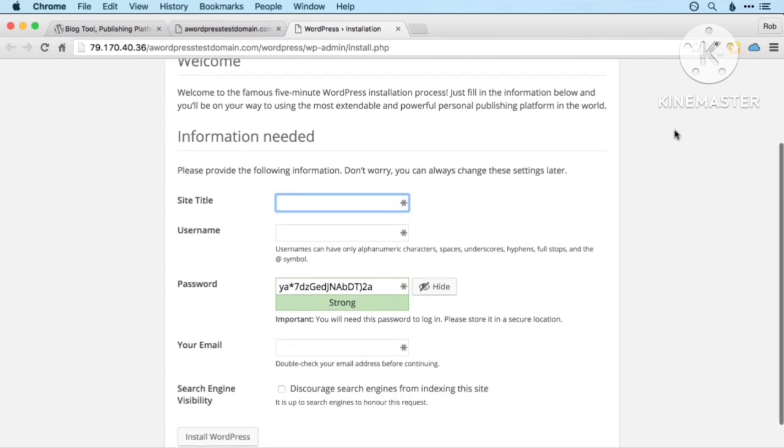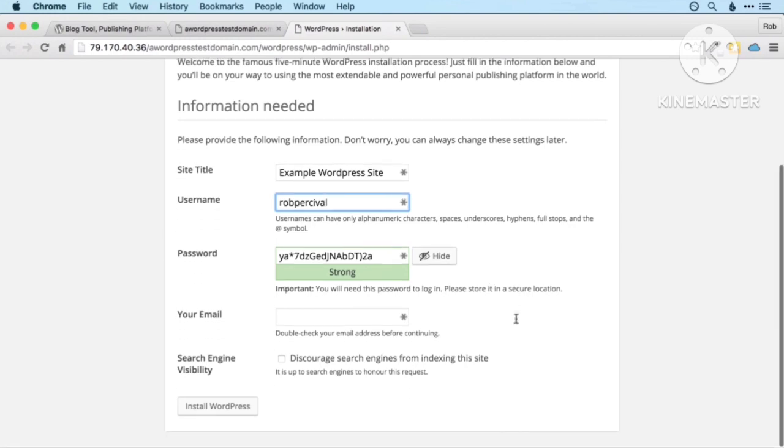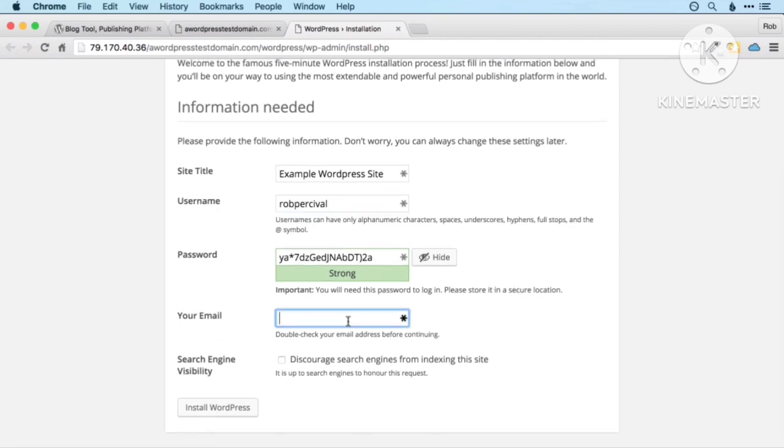It's all fairly straightforward. You just put your site title. So I'm going to put example WordPress site, but you could put whatever you like there. Your username, I'll go for Rob Percival, but again you can put whatever you like. And then password, so I've got one automatically generated for me here. I'll leave that as it is. And then your email address, I'll put